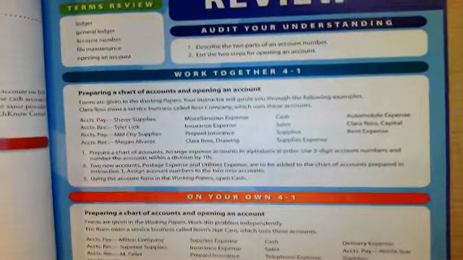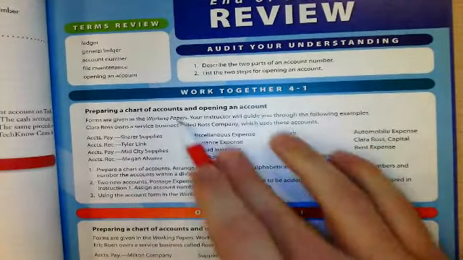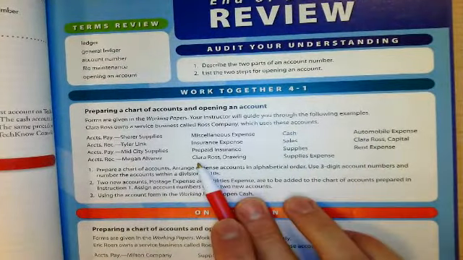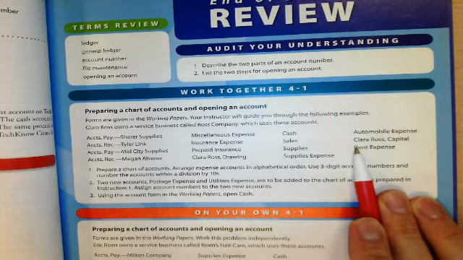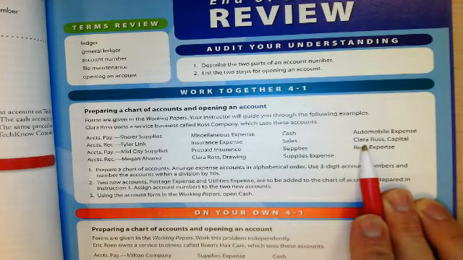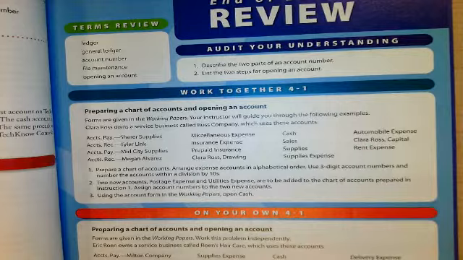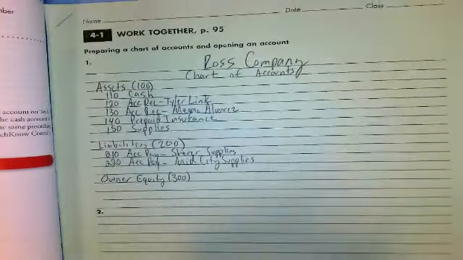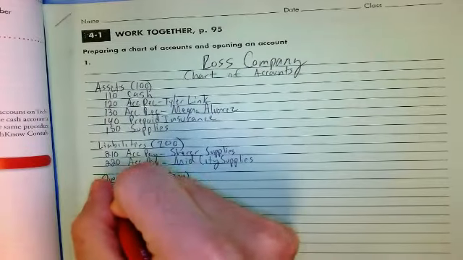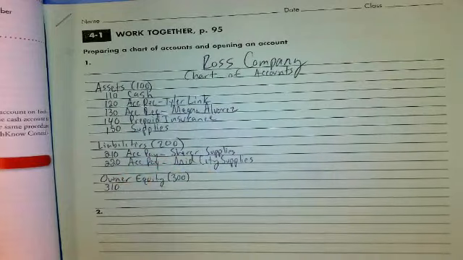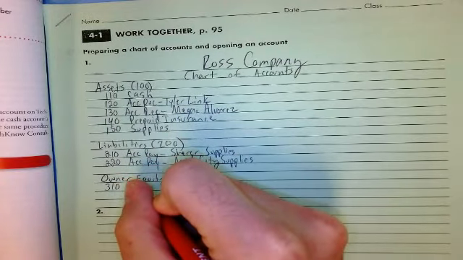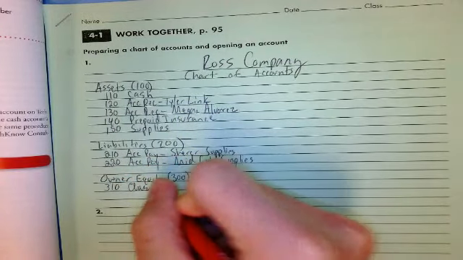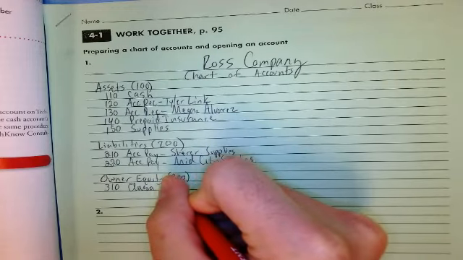so let's find anything that involves the owner's name. Clara Ross Drawing, and Clara Ross Capital. We're going to start with Capital. They usually make Capital 310 and then Drawing 320. So 310, and it is Clara Ross